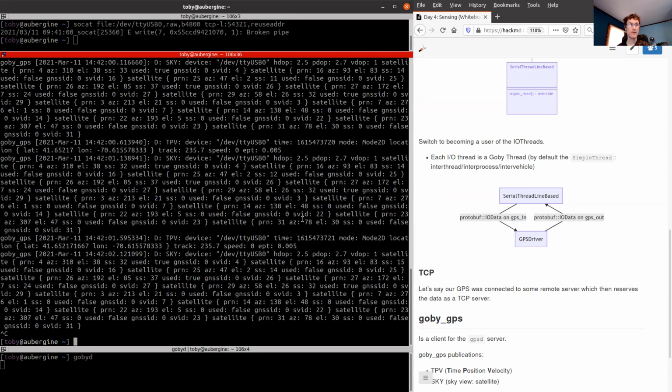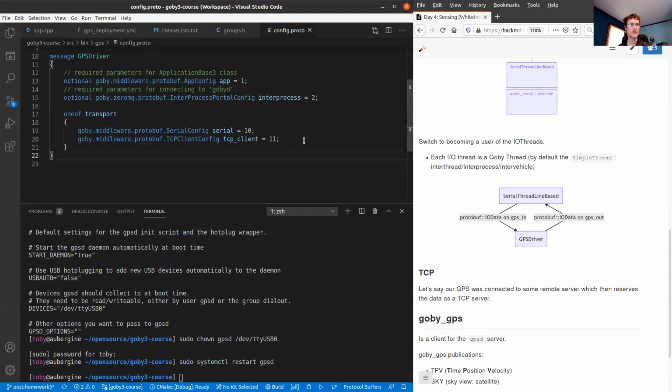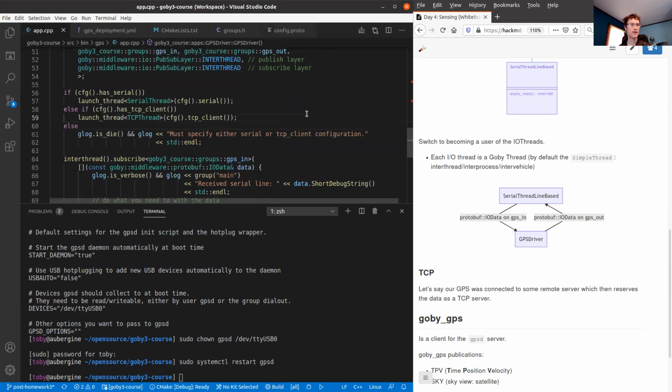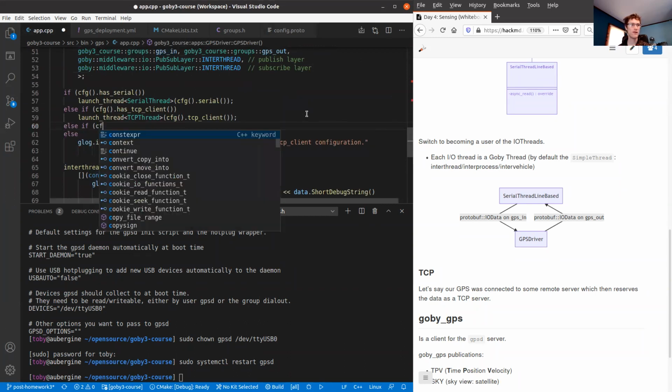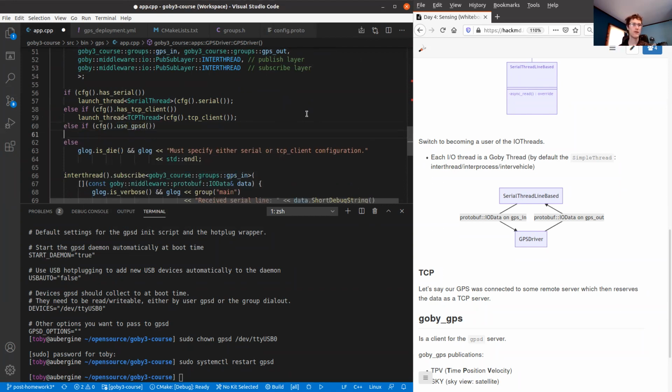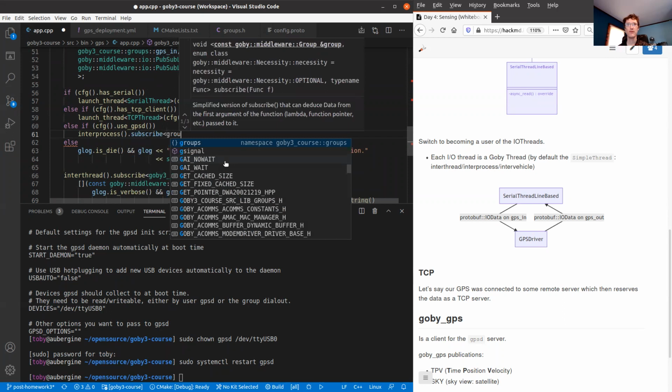So let's add to our GPS driver a third option. This third option is going to be, if you don't want to connect directly to the GPS, we can use GPSD, and this driver will subscribe to the messages coming from Goby GPS. And if we do that, we'll go back to our app. We add a third option here. So if our configuration is use GPSD, we'll subscribe to GPSD. So GPSD uses the set of groups in Goby middleware